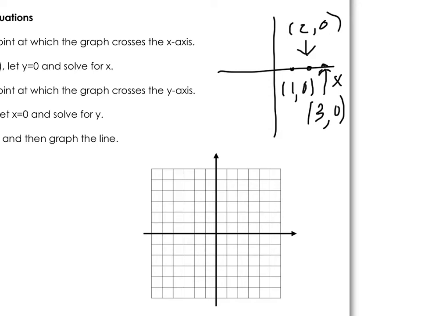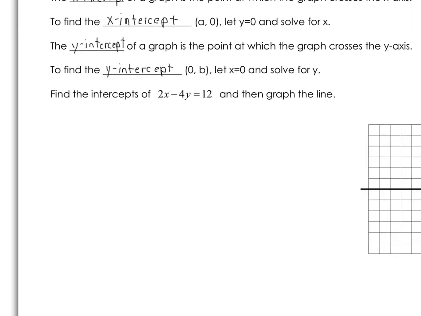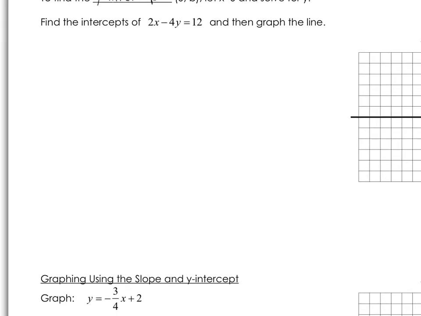And by the same token, every single point on the y-axis has what in common? This might be the point (0, -1). This might be the point (0, 1). This other point might be the point (0, 2). Every single point on the y-axis has in common that x is 0. So if you want to find the